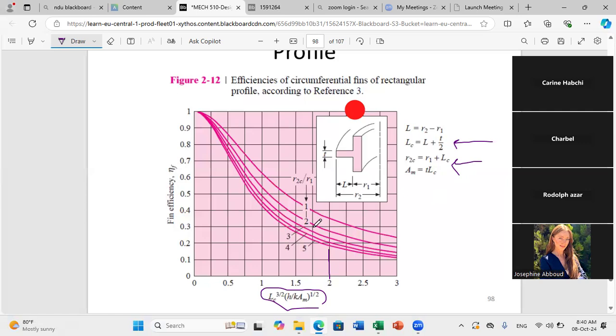And here, why do we have several graphs? Because if R2 changes, you can have a different ratio R2 over R1. For each ratio, you have a different graph. So here, the ratio is R2 corrected over R1, and R2 corrected is calculated as R1 plus L corrected. So for each fin, you should first calculate R2 corrected over R1, and you should calculate this parameter. Then, for example, if this parameter is 2, and R2 corrected over R1 is also 2, you take this graph, you take the intersection point here, and you can read